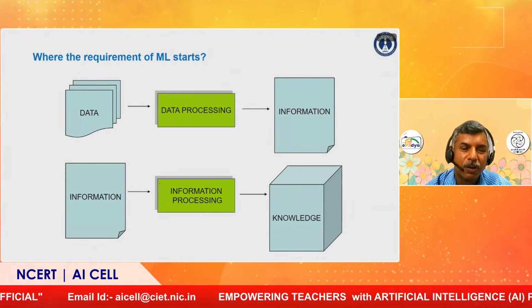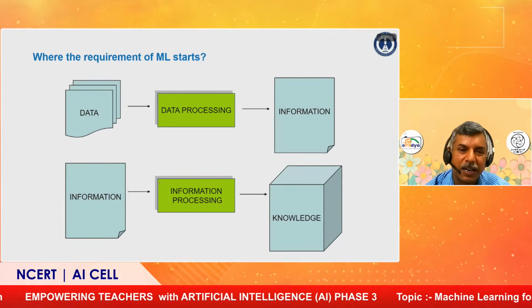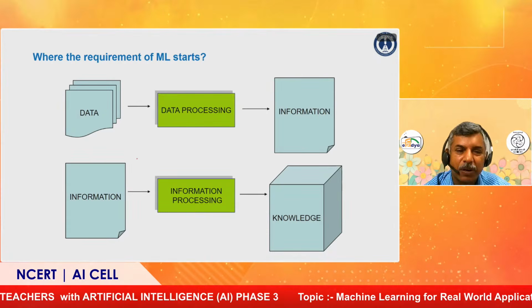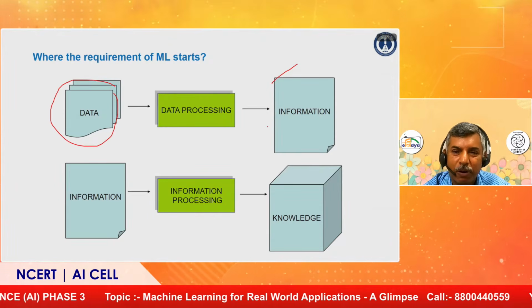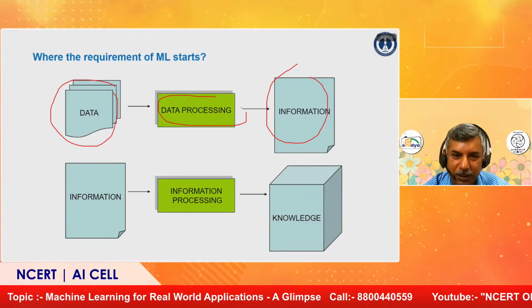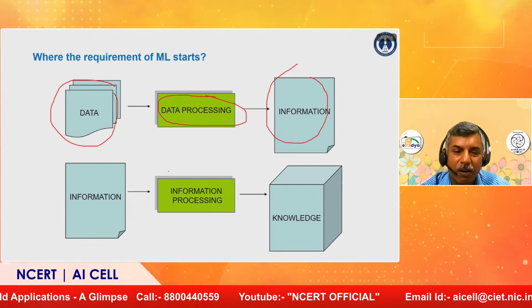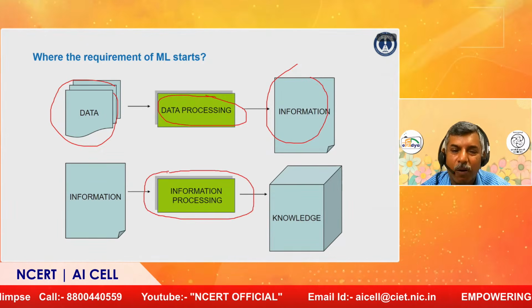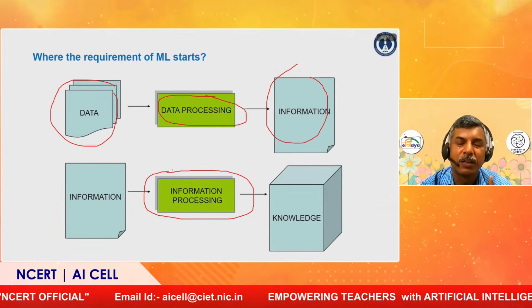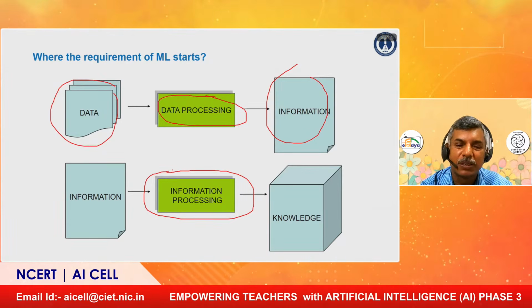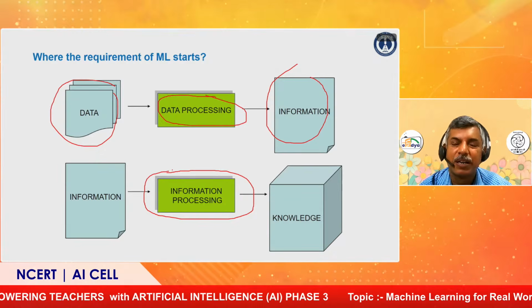sections. So before going inside machine learning, we need to understand where actually the requirement of machine learning starts. As you all know, we are in the computer era, where we use computers to convert data into information by a process called data processing, that we all know. But what we are still trying to learn is the conversion from information to knowledge, something called the information processing step. There, without the existence of machine learning, we cannot convert this information to knowledge, because there are so many algorithms that we need to use so that the information will reach the right person at the right